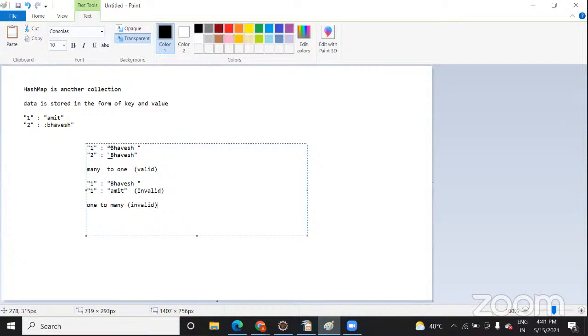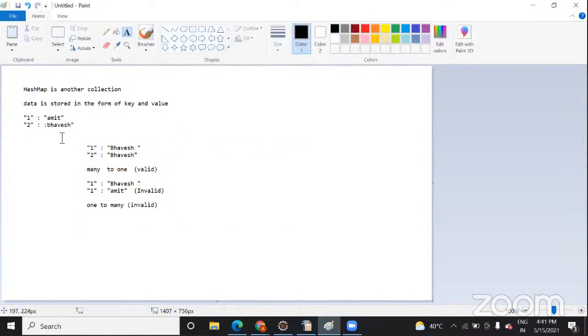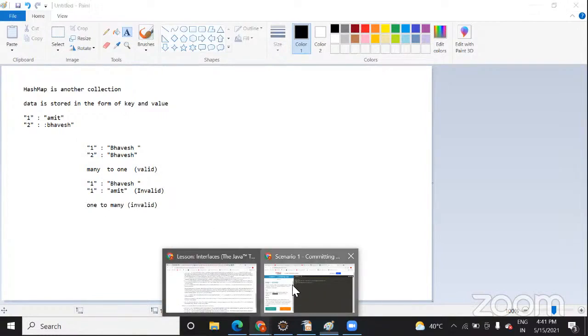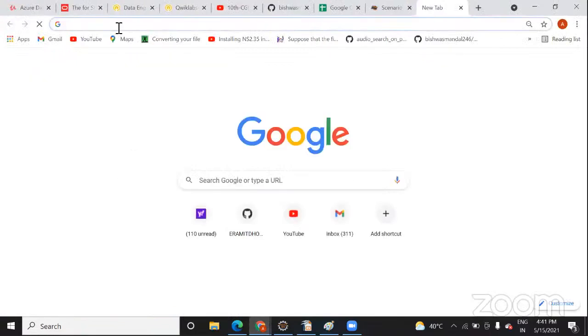So this is the thing of key and value, and hash map is used to save data in the form of key and value. If you see here, let me show you.